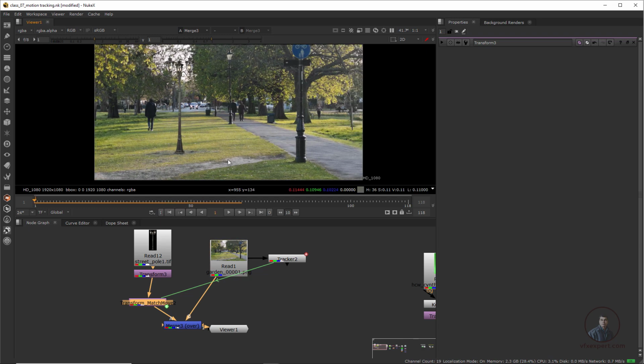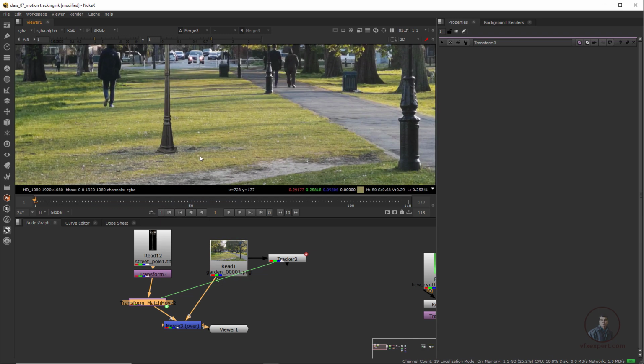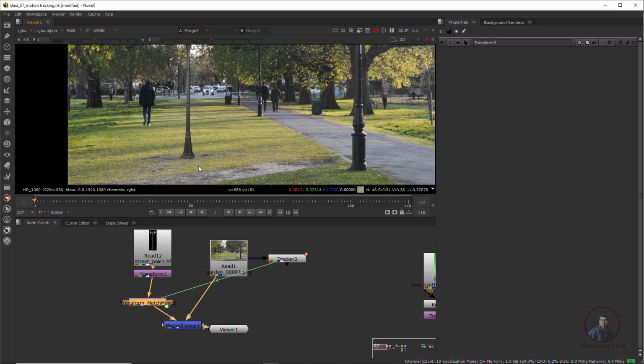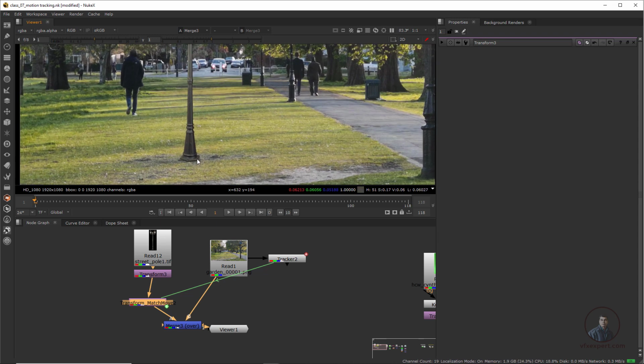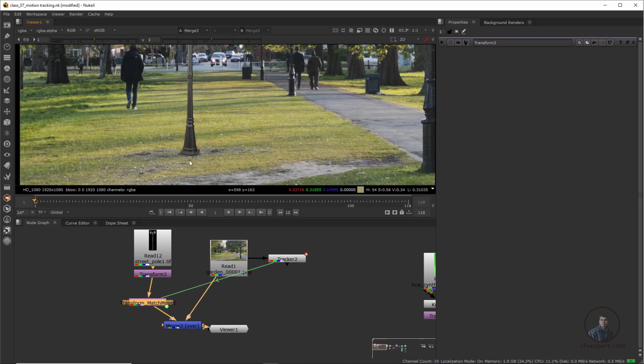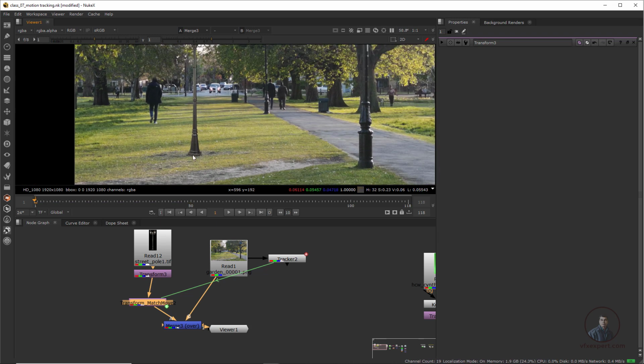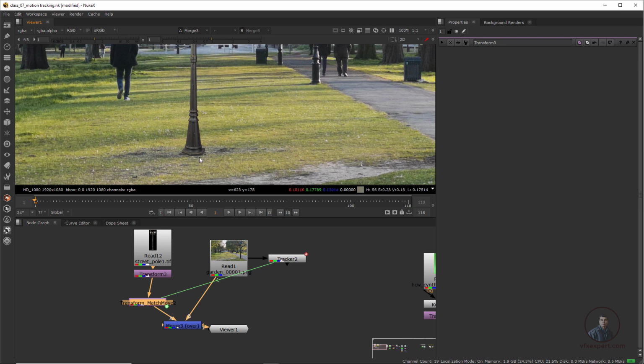Now after this, I want to do a little bit of compositing here. If you look here, it looks like I have simply placed this object on top of this ground. So I am going to do a little bit of compositing here. This will mix these edges on top of our background here. So